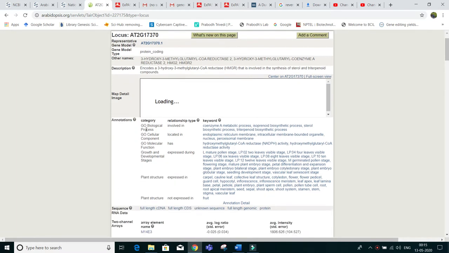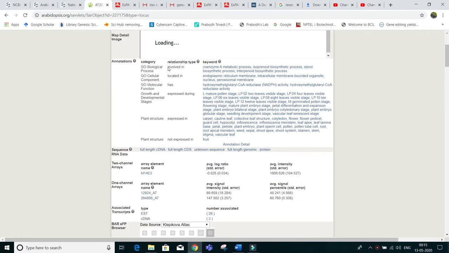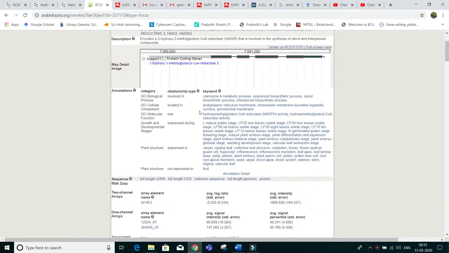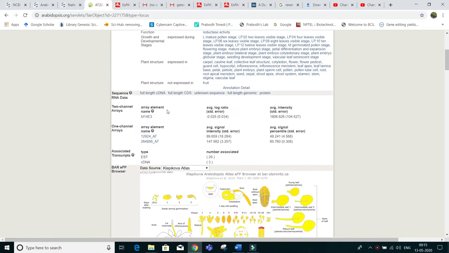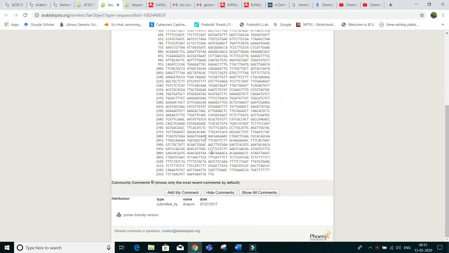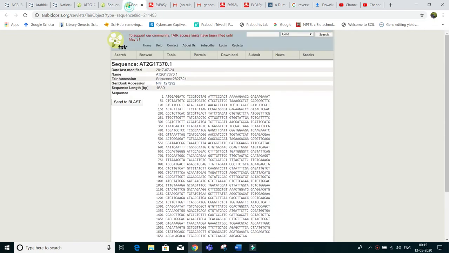So you can understand its annotation and role. There is the description, you can go and read about where and how this HMGR2 is involved in various pathways, and what its role is, so you are able to get a basic understanding of this gene. Then I have to go to the cDNA, open it, and now the full length CDS. So this is your cDNA and this is your